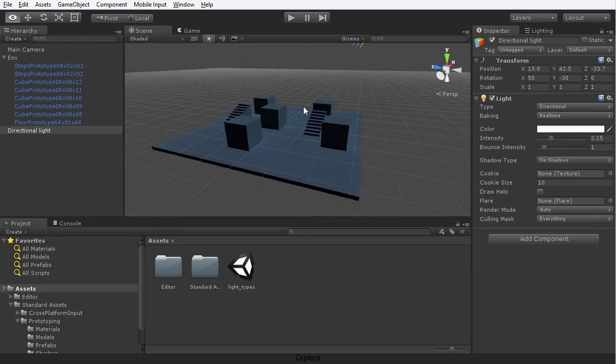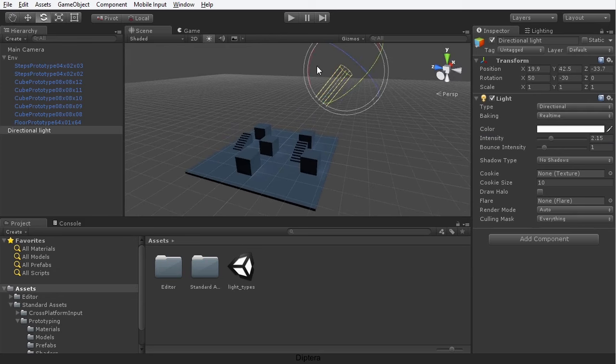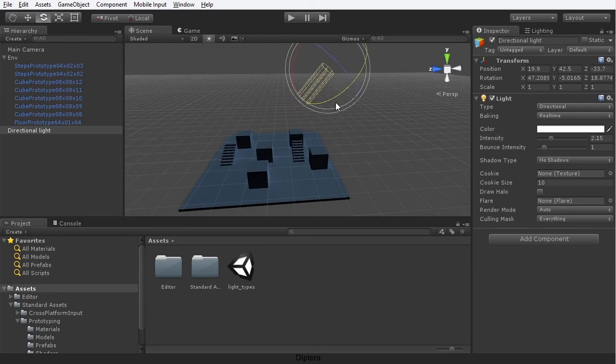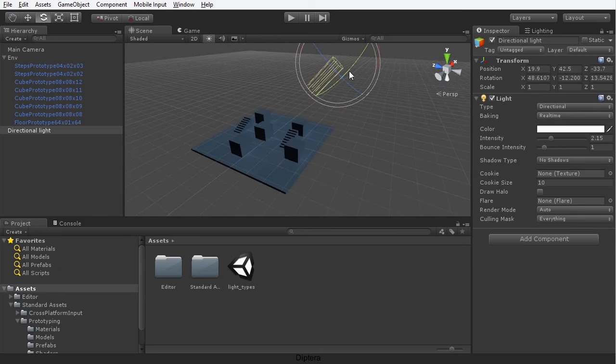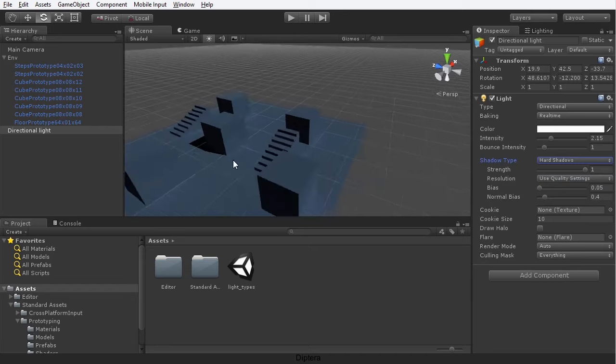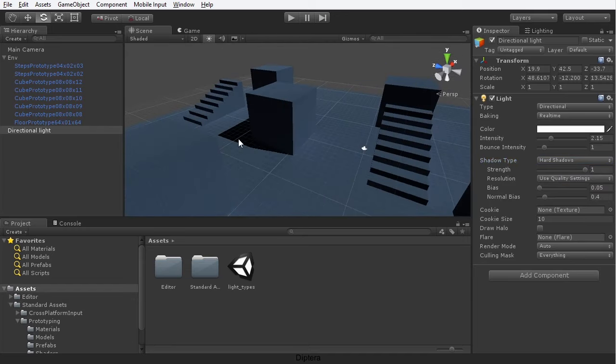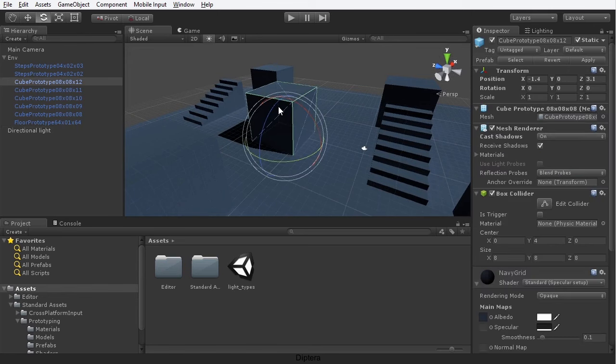So I'm just going to move this out of the way a little bit and just change the rotation, maybe something like that. We now have this directional light that is shining and casting illumination onto practically everything in the scene. I'm going to enable shadow casting for this light, and notice that straight away we only get one object casting shadows, and that is simply because when I select this cube, this is the only object with cast shadows